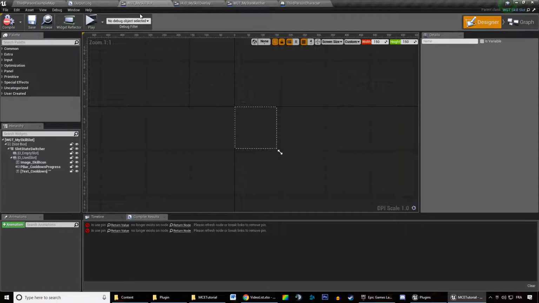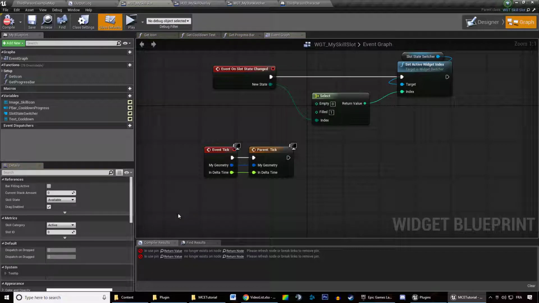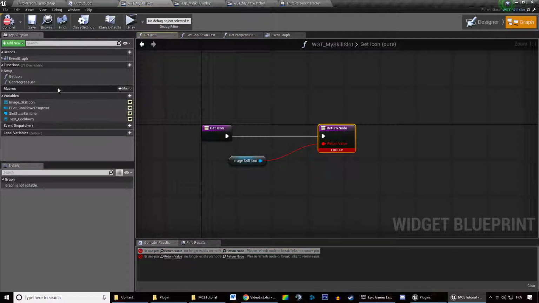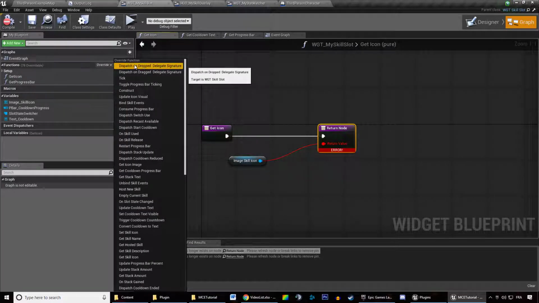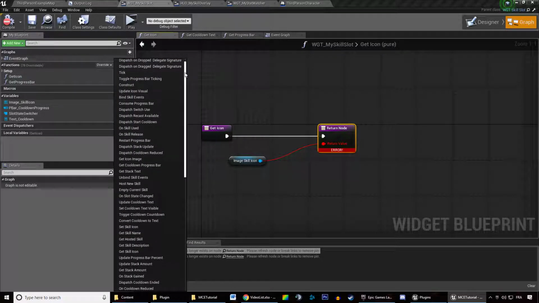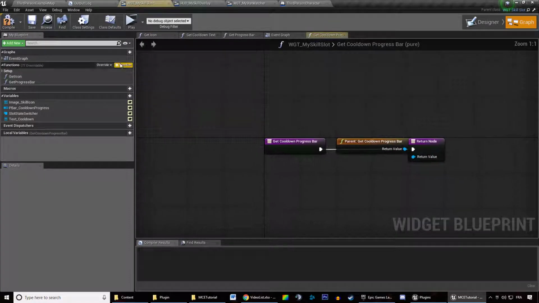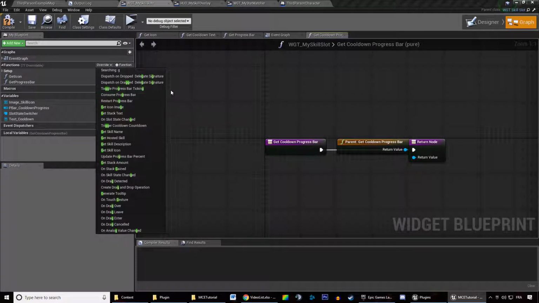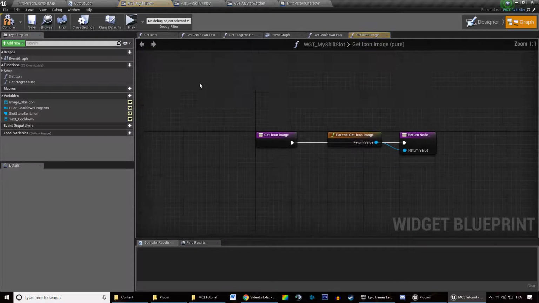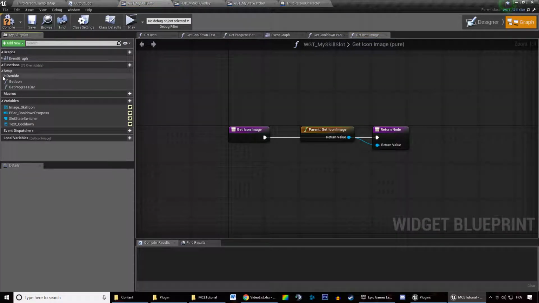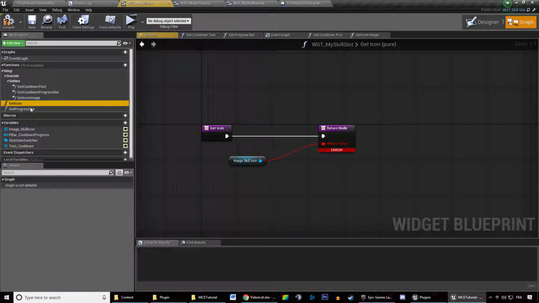You can go back to my skill slots, go to graph, and it says that this function doesn't exist anymore. That's because I renamed them, because it was a bit of a mess to understand what they were. So you can override, drag and drop the drop down thing, and just type in get cooldown progress bar. Do that once more and type in get icon image,